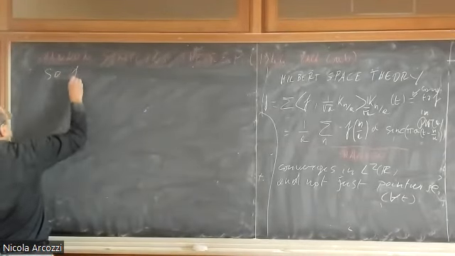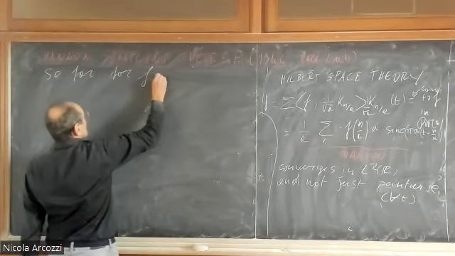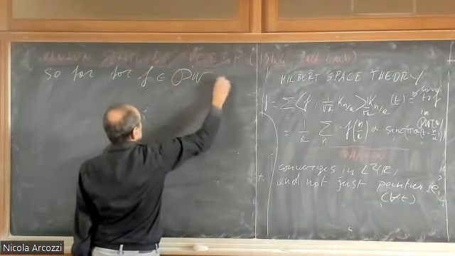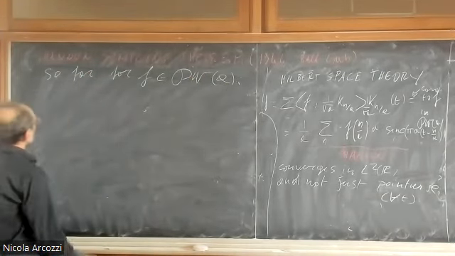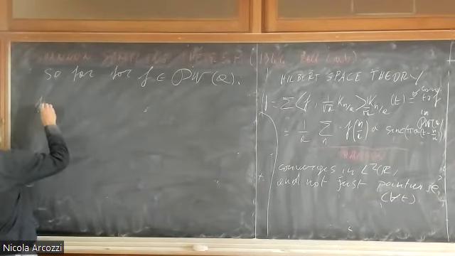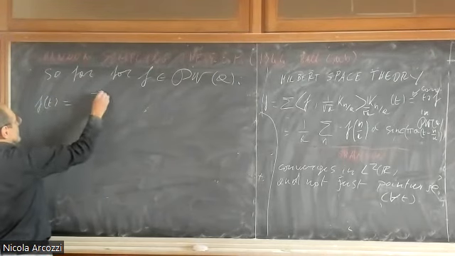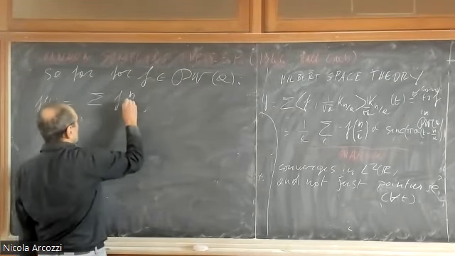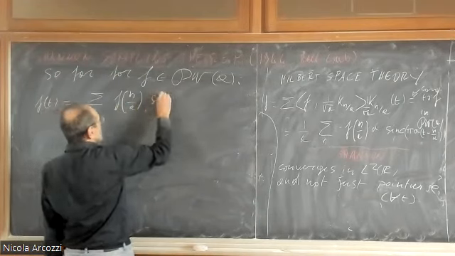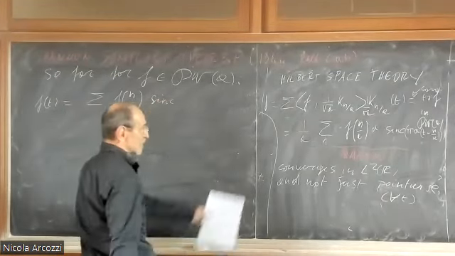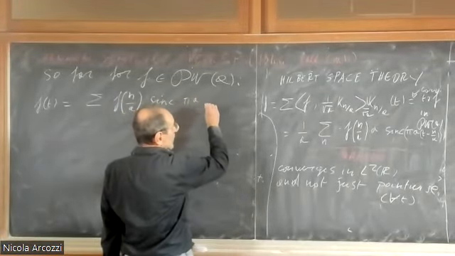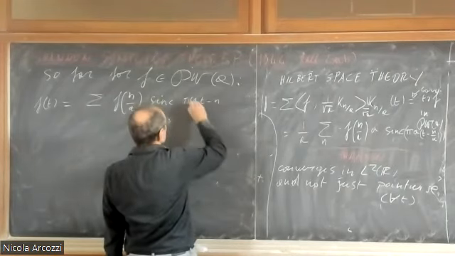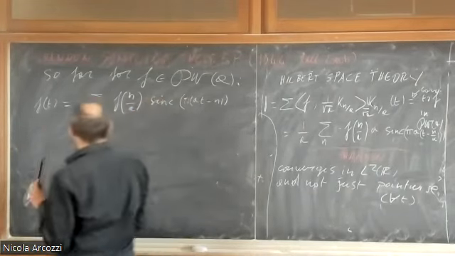So far, for the function f in the linear space, we said that f of t can be reconstructed as the sum of f n over a times the sinc of a t minus n,